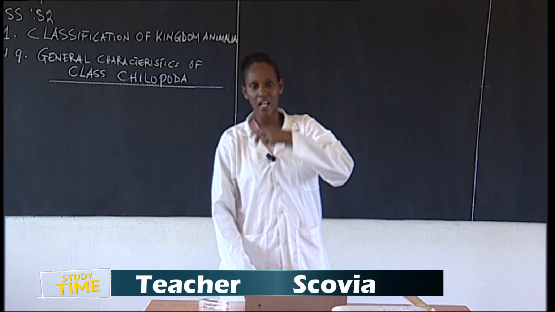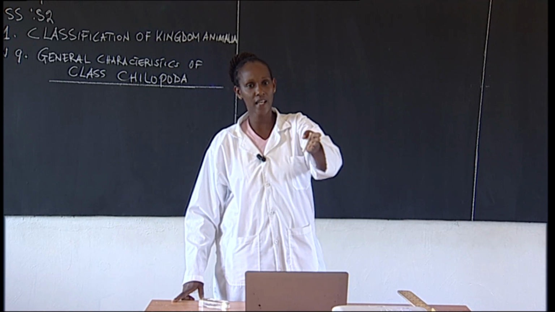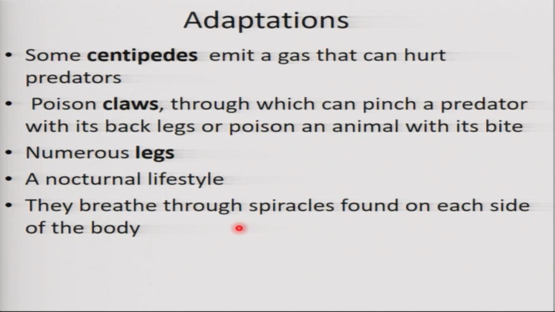So the lungs are in control of what we call respiration. All right? So for the case of these Chilopoda, they have the spiracles that enable them to take in oxygen and take out carbon dioxide, and that is breathing. And respiration takes place inside there. All right? Thank you. Those are some of the common adaptations that the class Chilopoda possesses that enable them to keep living without being extinct. If they did not possess all of this, they would get extinct, all right?